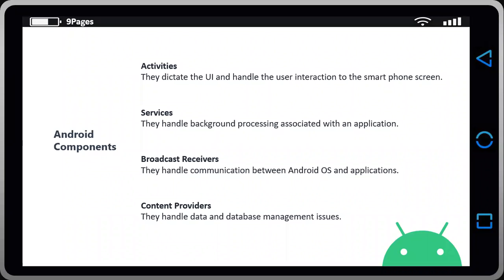The data may be stored in the file system, the database, or somewhere else. In this case, we implement a class of the content provider, by which we can implement a standard set of APIs for enabling other applications to perform transactions.